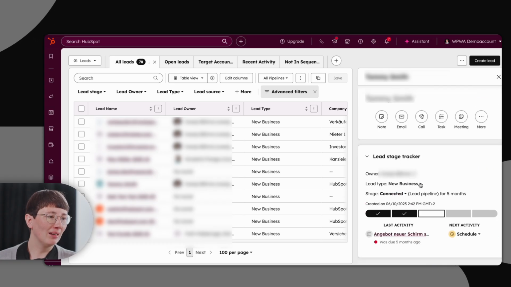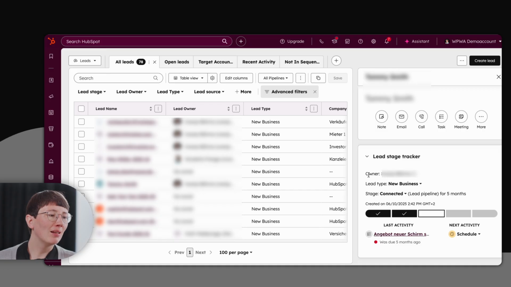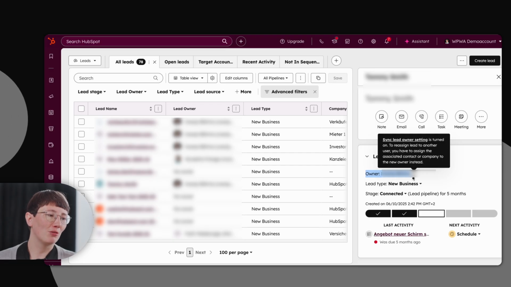Through the pipeline, you define when a lead is qualified and should move into a deal. Deal creation can happen manually or automatically. By the way, you can also copy lead properties into deal properties. No need to maintain the same info twice.